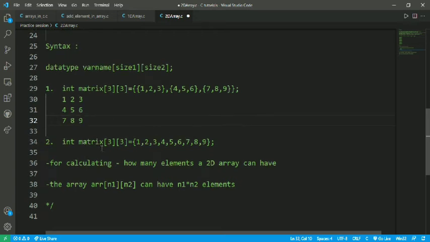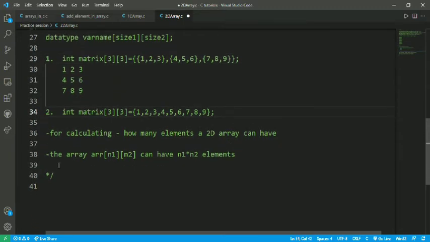And this is the second way of declaring the matrix. In the first pattern we initialize the values as a particular block, and here we declare the values in the same manner, so there is nothing that differs between them.